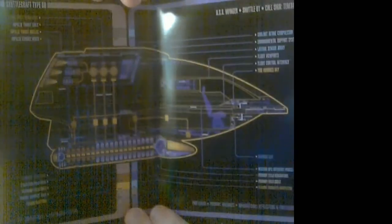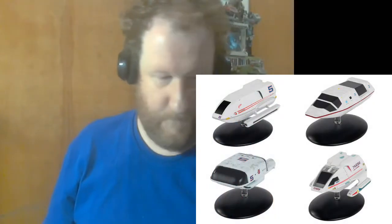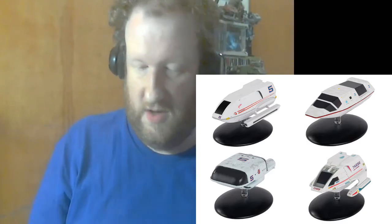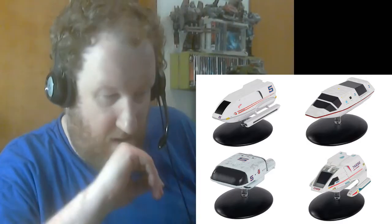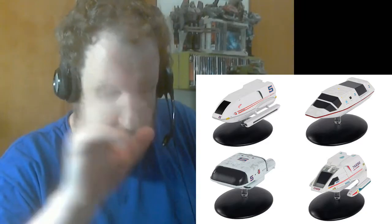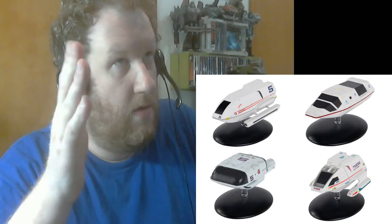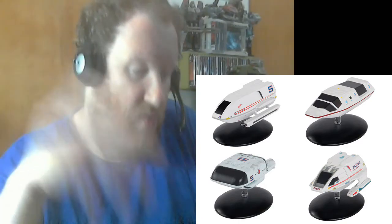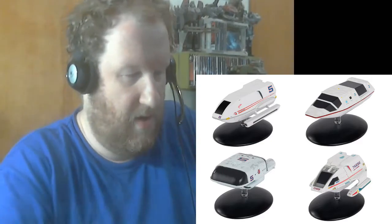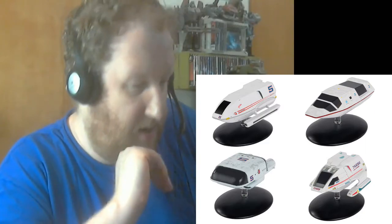So, that's it. Four shuttlecraft of decent size, thus decent price. I am not disappointed with my purchase, although I'll say it one more time, except for the fact that they included a random Voyager shuttlecraft when they should have had a fourth movie shuttle pod, whatever it is. I'm not even going to complain about the passenger shuttle that they had very briefly near the beginning of Star Trek 6, which was then reused and repurposed at the end of Star Trek Generations. They have made that shuttle available on a different set, but I'm not going to get it. So, yeah,